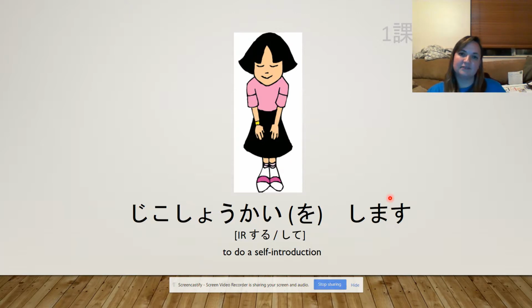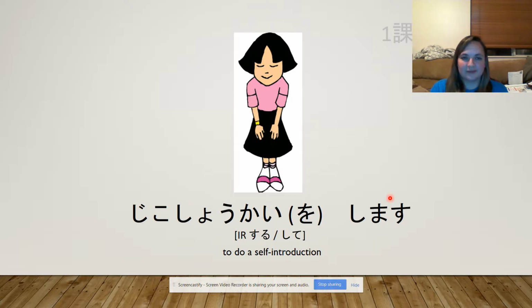So by itself, of course, just like our other verb, this is one of our suru verbs or noun verbs. And our word 自己紹介 by itself will be self-introduction. So we can just add shimasu or suru to the end of it, and it becomes a verb to do a self-introduction. So when you're introducing yourself to someone for the first time, if it's formal enough, then you can go ahead and say 自己紹介をします